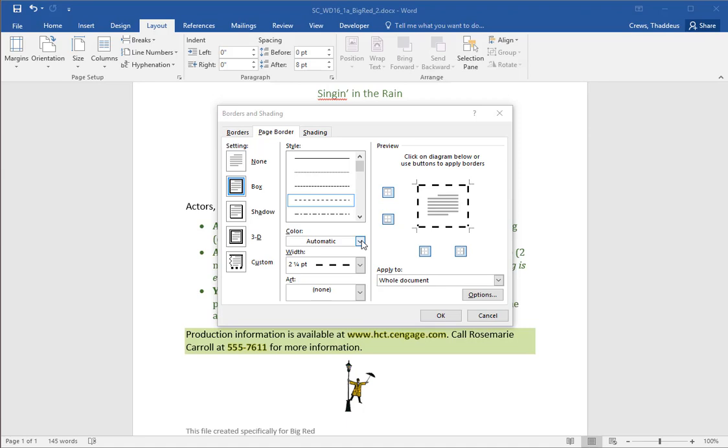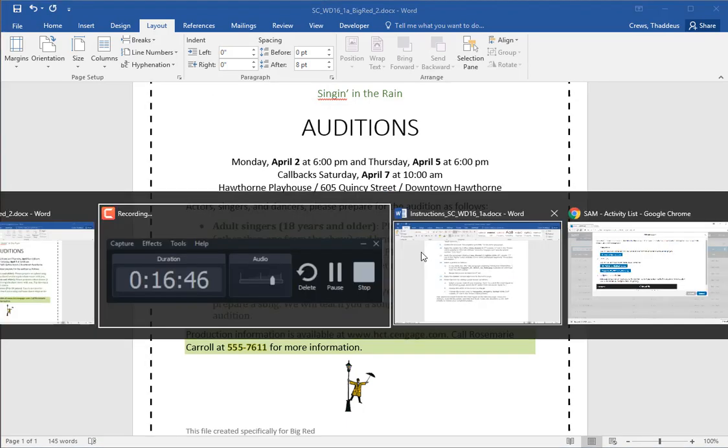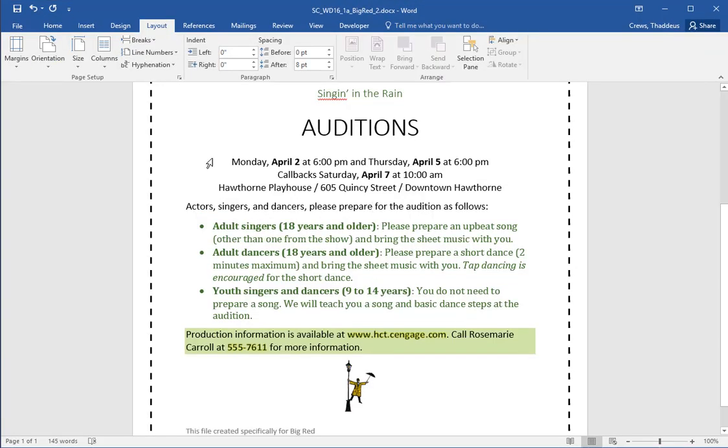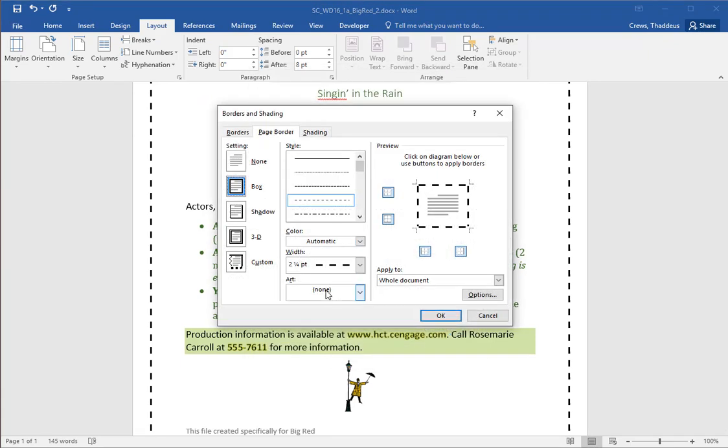Oops, I can't do this while this window's open. I'm going to close that now so I can go back. I can't switch between documents when I have a dialog box open. Turquoise, Accent 6, Darker 25% for the border color. So let's go back here and let's take this border. It remembers our border choice and our border option there, but I want to do the color for this border to be